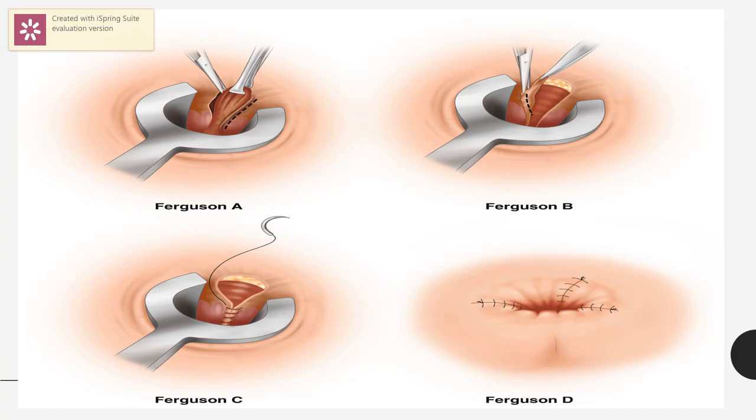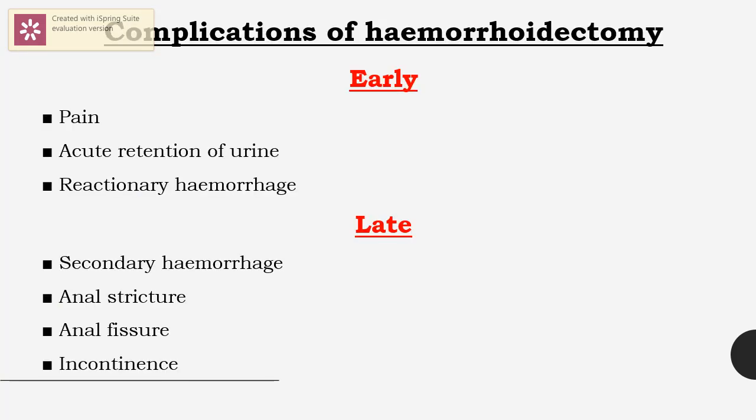So as you can see in this figure, this is closed hemorrhoidectomy developed by Ferguson in A, B, C and D. In D, the mucosal layer is totally closed with the help of suture. Though this is a very common method, there are a few complications which are divided into early complications and late complications of hemorrhoidectomy. Early complications include pain which may require opiate analgesia, retention of urine especially in men which rarely may need relief by catheterization,